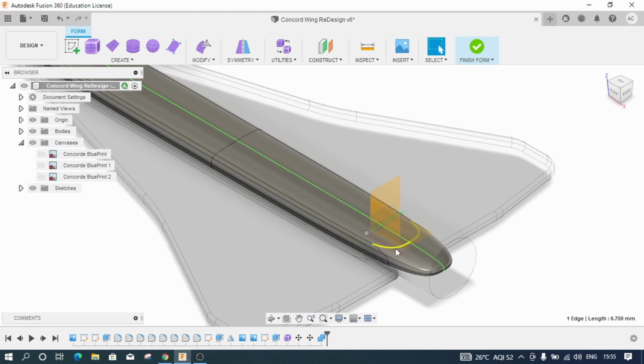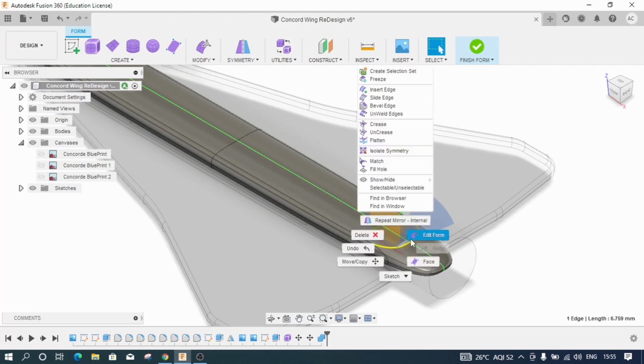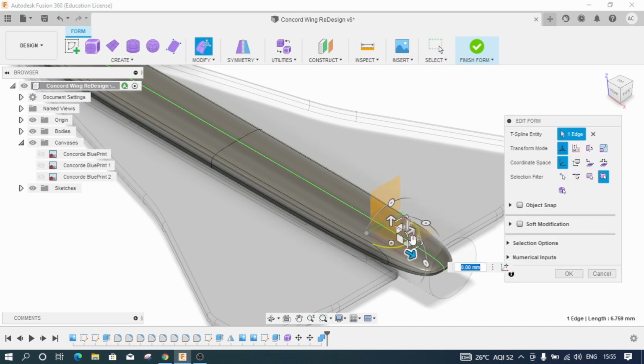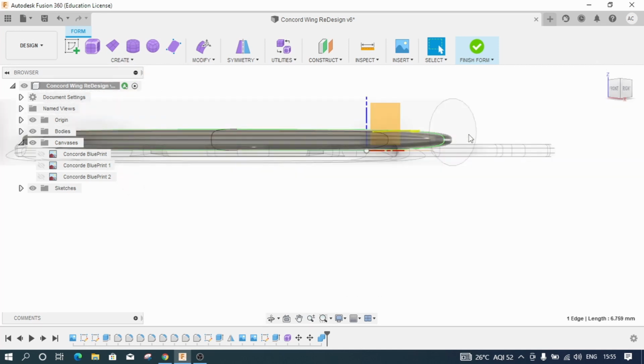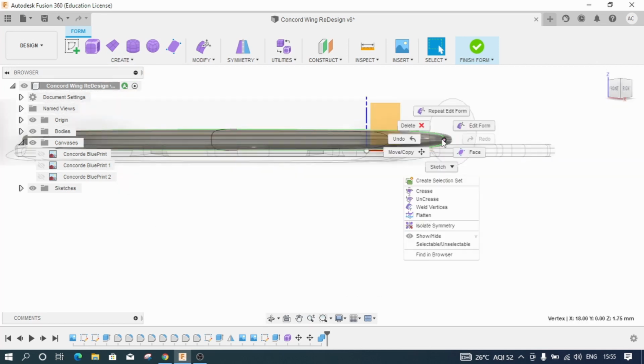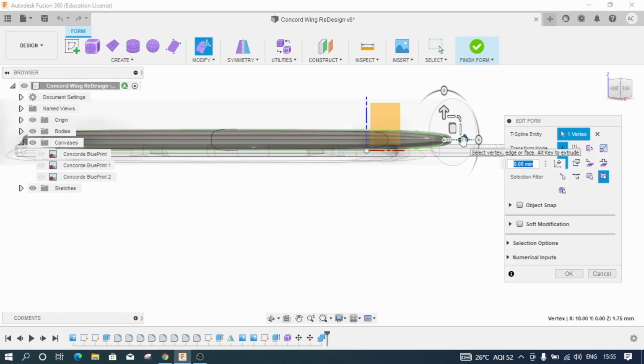Now I'll click on this edge, right click it and click on edit form. If I try to pull this up, you can see that the form is getting adjusted or extended. I click on cancel because I want both the edges to be extended equally. Let me click on this point and try to extend it backwards and see what happens.